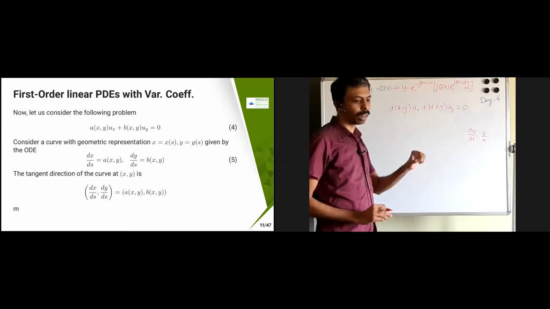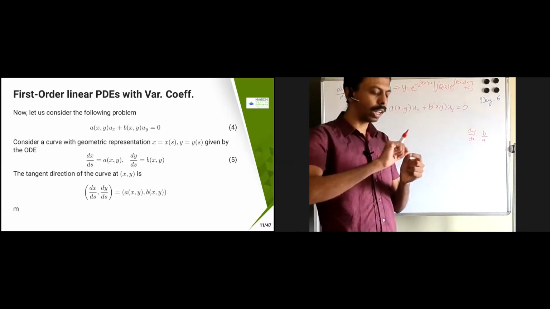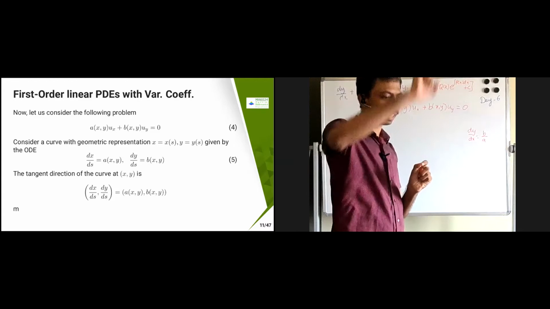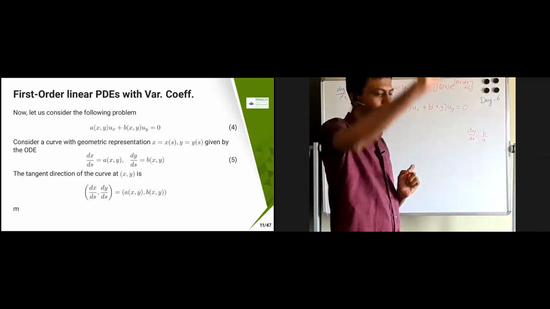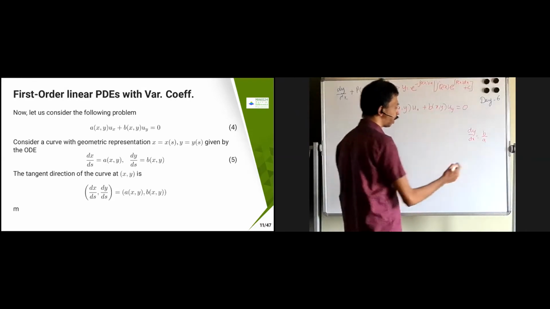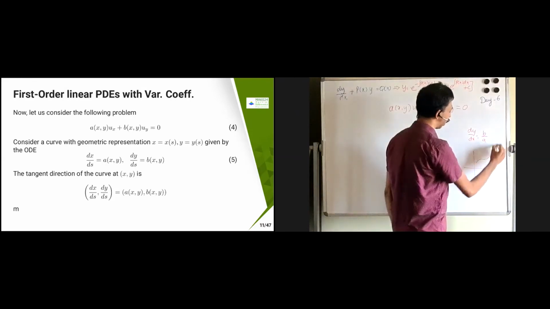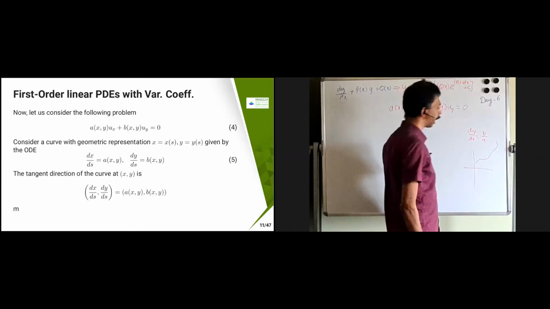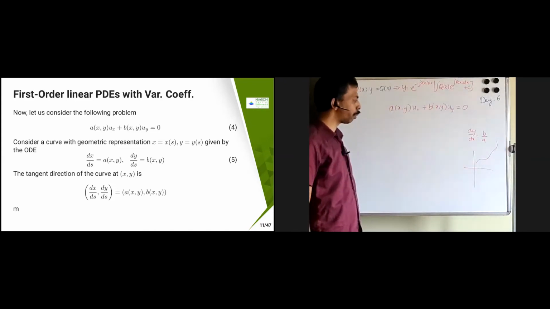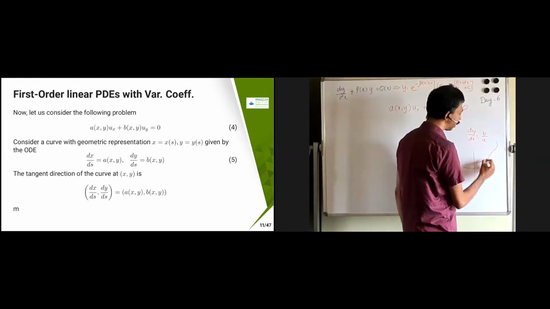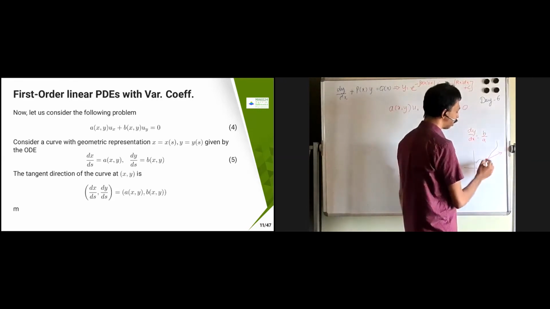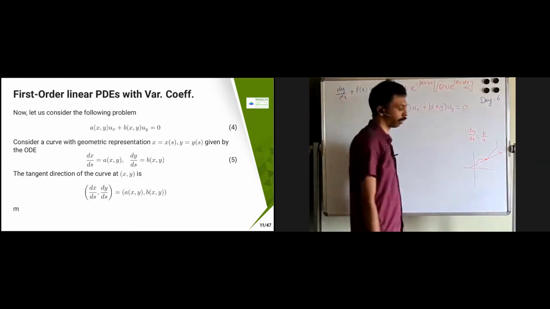So at any given point, what you will observe is that you will try to find a tangent line at that curve, at that point. Now what I am going to do is I will get some curve. This is nothing but my characteristic curve. It will come. So now what I am trying to do is find what is the tangent line for this one, for this point, for example.